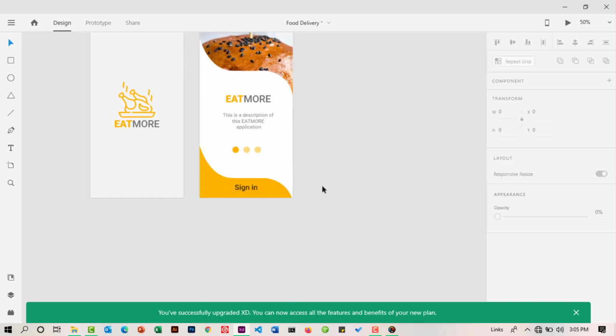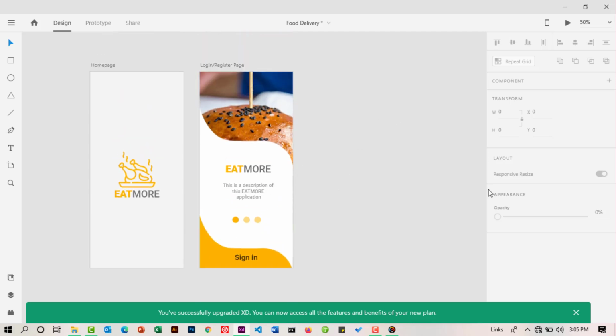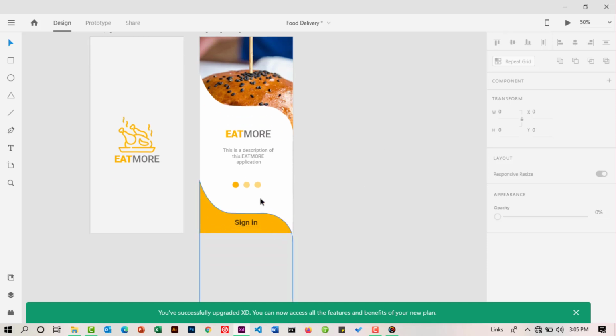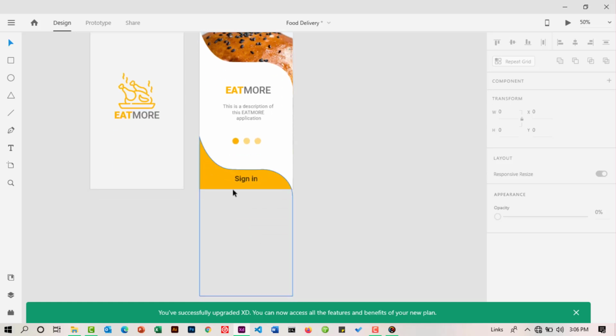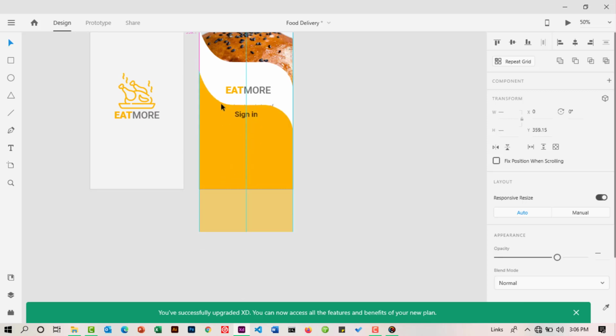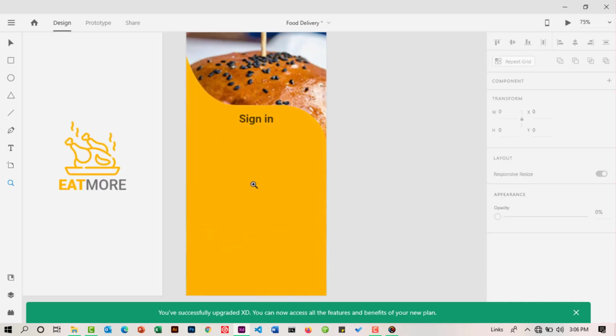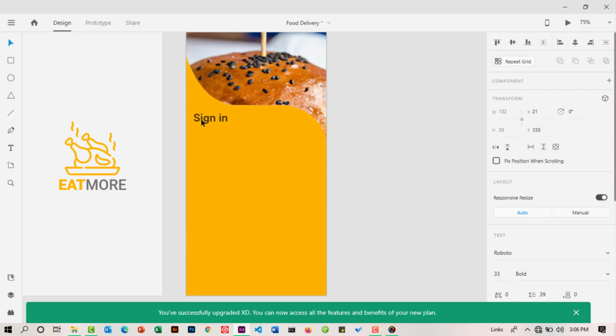Of course, now we also want to have the sign-in form, and we still want to have it in this same artboard. So you can also have it in a different artboard here, but in this case we're just going to have it in this same artboard. So what I'm just going to do now, I'm just going to come and select these two, and first of all I'm going to have them on top here. So first I want to create my sign-in form. So I'm going to have maybe this one on this side here,